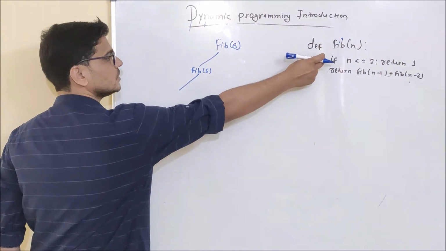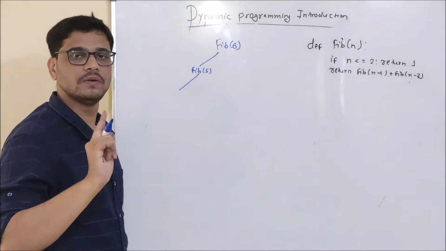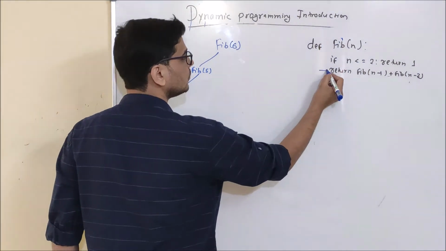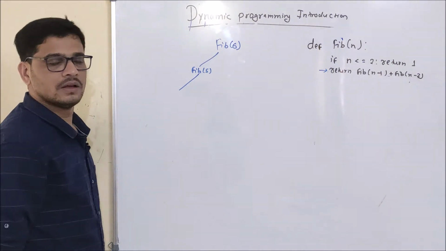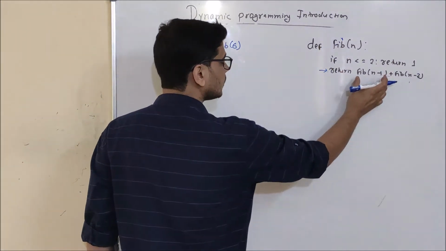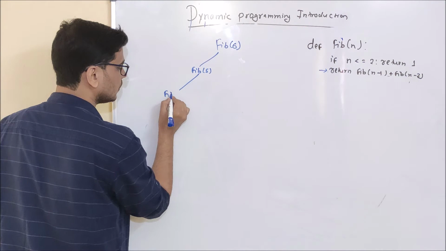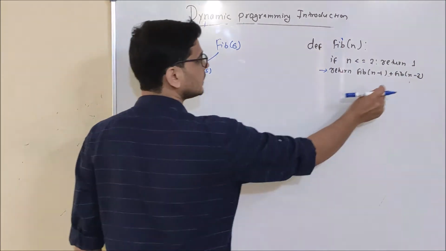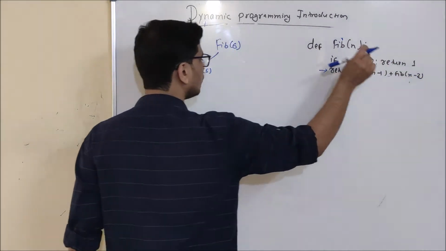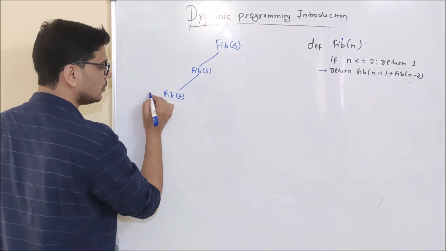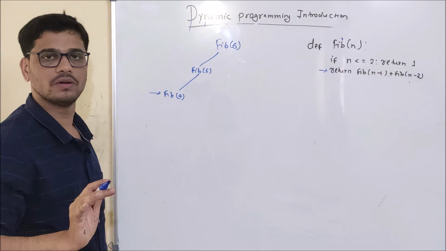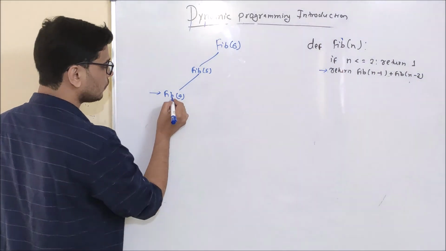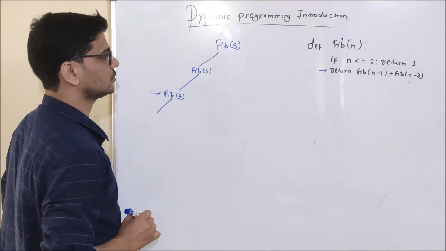First of all it will check this if condition. The if condition will be false, and again control will come to this return line. And what will it do? It will make a function call to fib of 4. And for this function also, its second part, that is fib of 3, will be on hold until it has the answer of fib of 4. Okay? Then fib of 4 will come for its own execution.